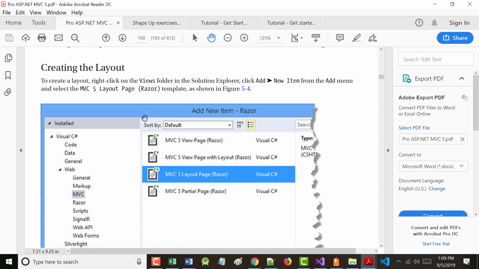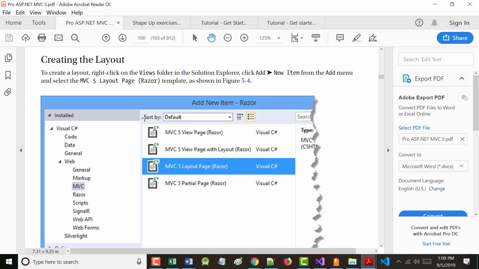Okay. So the next thing we're going to do is create our own layout. We have not done this before. All right? So the author says to do this, and it will work, but before we do it, look on the screen. Because these are pretty doggone similar, these first three. Number 1 says MVC view page. Number 2 says view page with layout. And number 3 says layout page. So when you look at it, here's one, here's another one, and here's one that combines those two. That's pretty much the way it is.